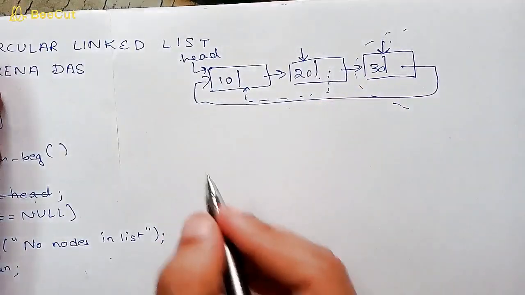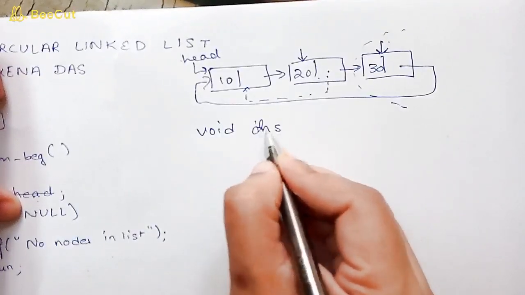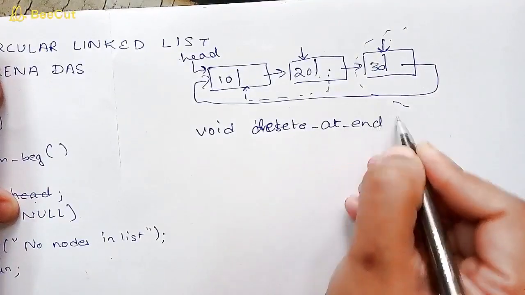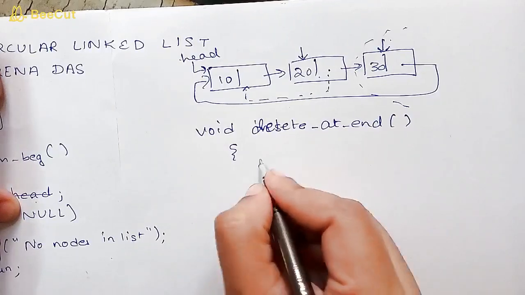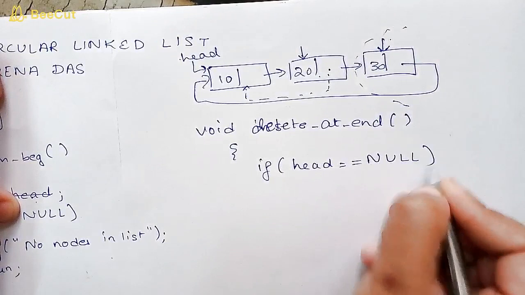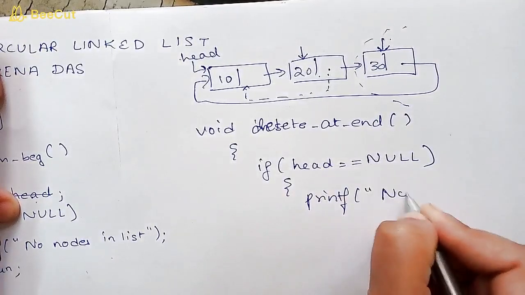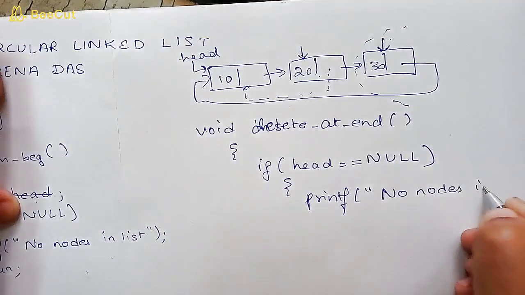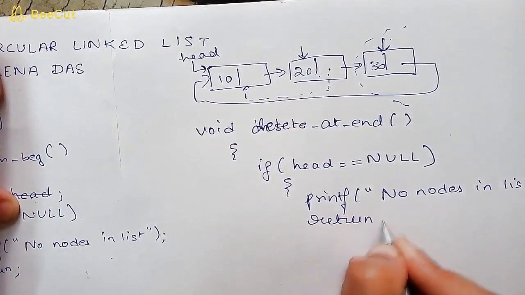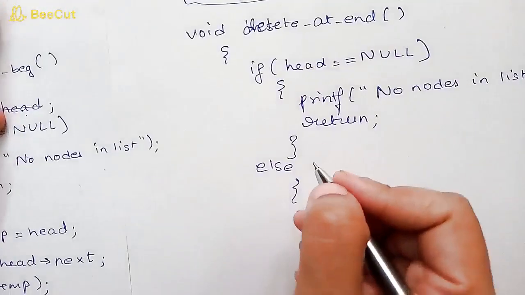Okay, so what I'll do, I'll write delete at end. So I'll check if head is null, then there are no nodes to delete. Simply I'll return back to the calling function. So I'll write no nodes in list and I'll return back to the calling function. Else, if nodes are existing, then what I can do,